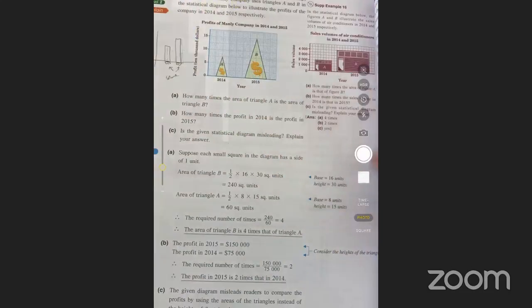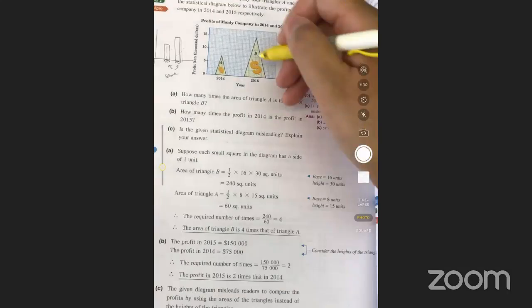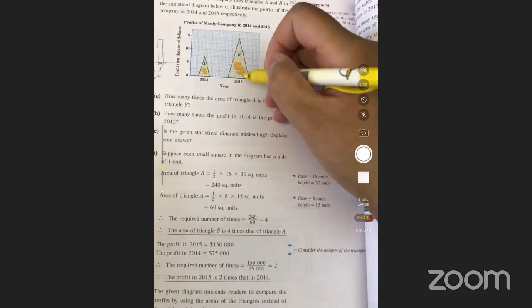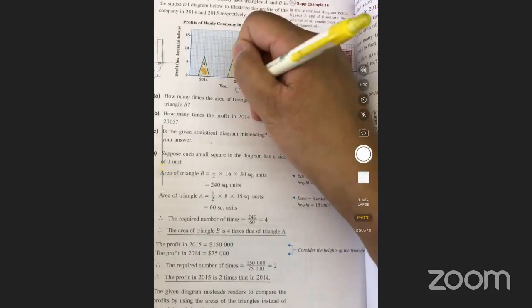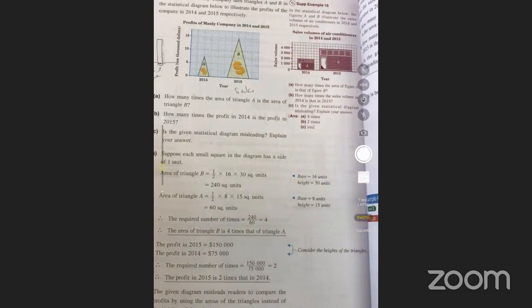But for this one, instead of using bars, it uses similar triangles. Do you remember? These were similar triangles. The shapes are similar, but the sizes are different. Now, therefore, in this case, if you look at